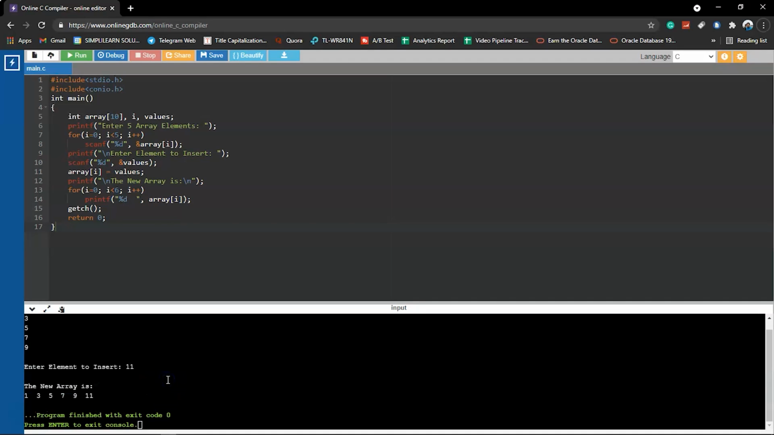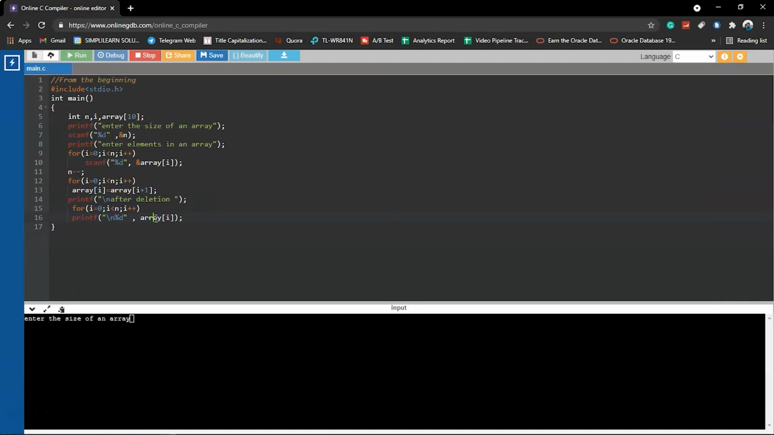Now let's continue with the deletion operation. The program on my screen is an example for deleting an element from the beginning position of an array. The program got successfully executed and it's asking us to enter the size of the array. Let's enter the size as 5. And now let's enter the elements of the array, that is 1, 2, 3, 4, and 5. Now the element from the first location, that is 1, has been deleted and the resultant array is 2, 3,